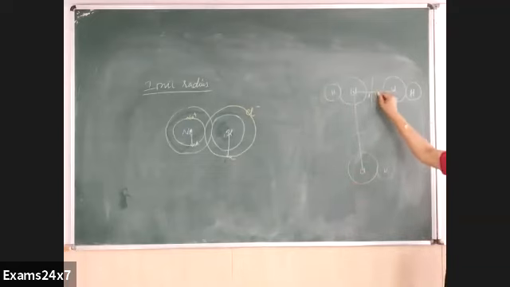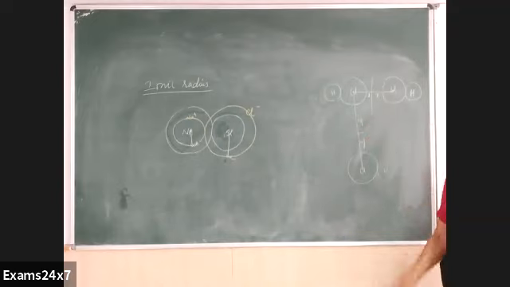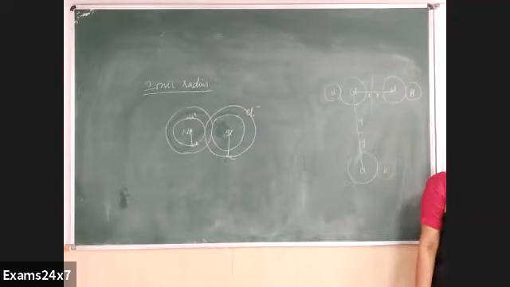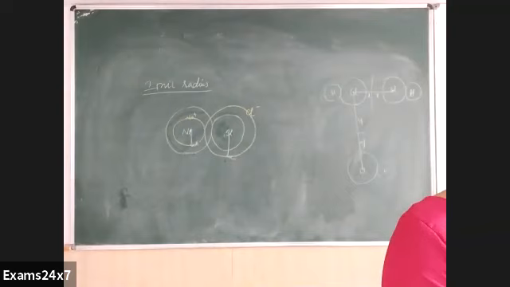If this is x and x, will it be x and x? No, no. It can be y and y. Which is small, x or y? X is small. Now, which is the van der Waals radius, y or x? It is x. That is smallest. When you consider van der Waals radius, you can't expect all van der Waals forces to be equal between the molecules. Some molecules may be tightly held, a few molecules may be loosely held. In that case, you get van der Waals distances of different lengths. Among them, you have to find the smallest. Hence, when you define van der Waals radius, you must say it is half the smallest distance.